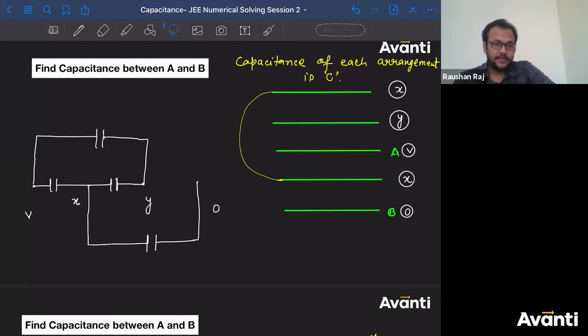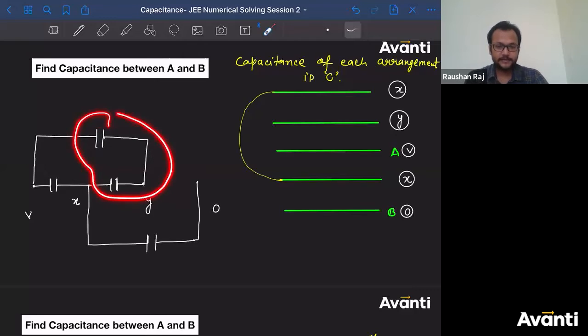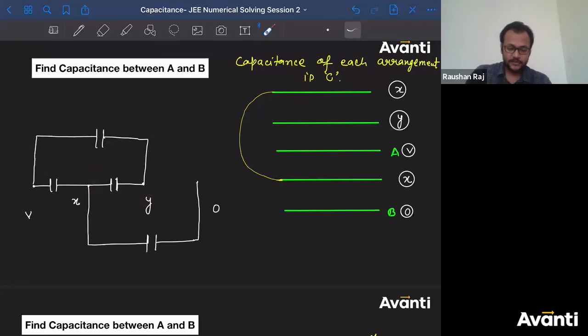Okay. Now tell me, how are we going to get the answer for this? What are those capacitors which are connected in series or parallel? See, across which 2 points do we have to find the capacitance? Across V and 0, right? So between these I have to find it. Can I say these two are connected in series? These two are connected in series. All right. Is it making sense? See, why am I saying so?